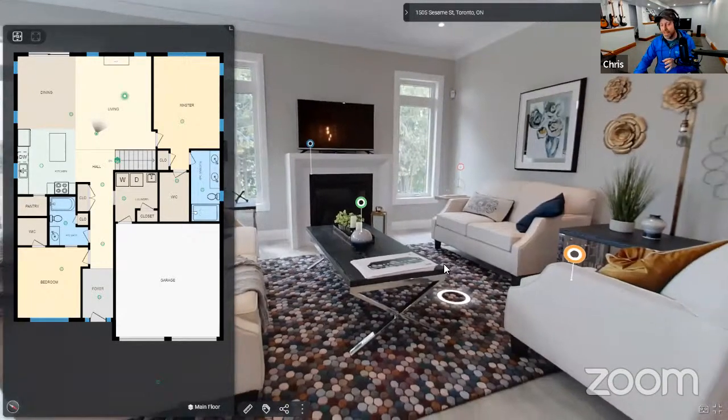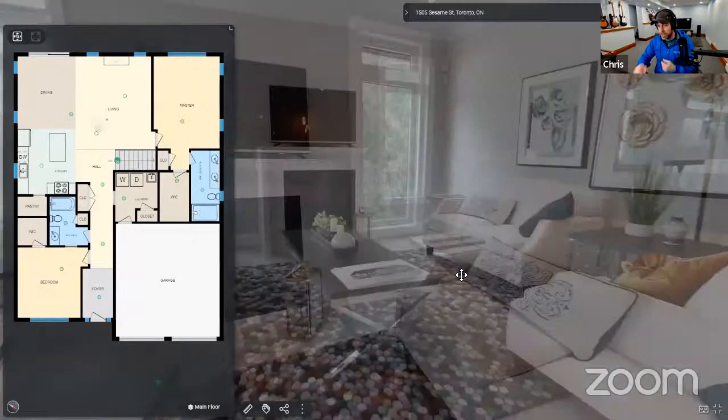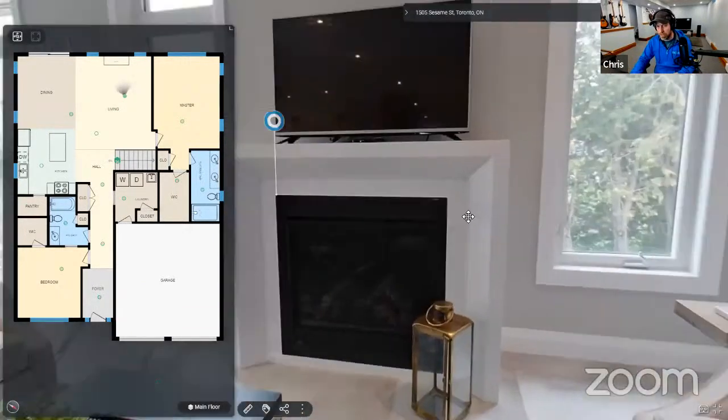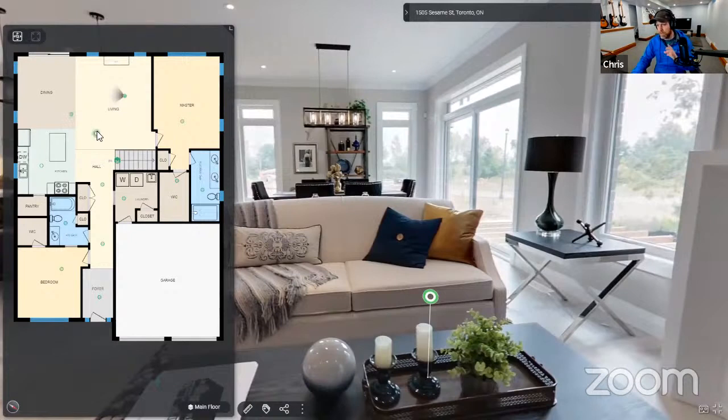The nice thing about this is that you can use the information to get the information you want quickly, as I said. So if I want to look at something, I can obviously click on the visuals and move closer to it. I can zoom in and I can change the direction of the camera. But at any time I can go over and look at the floor plan and get a sense of where I am in the space and how the rooms connect.